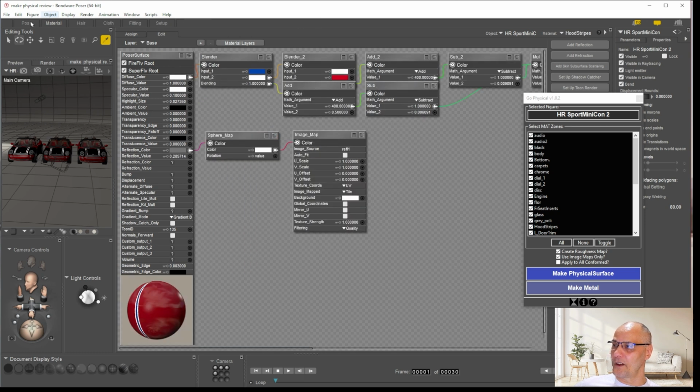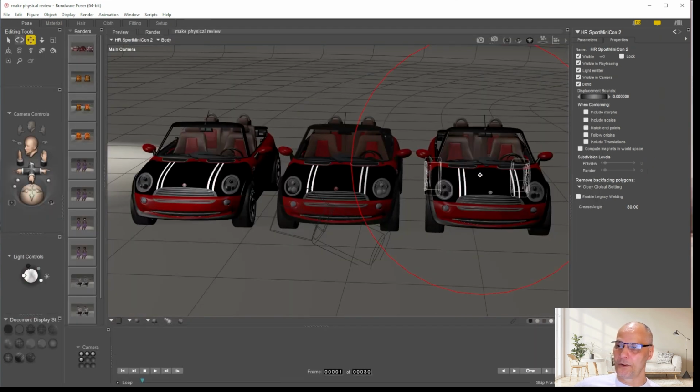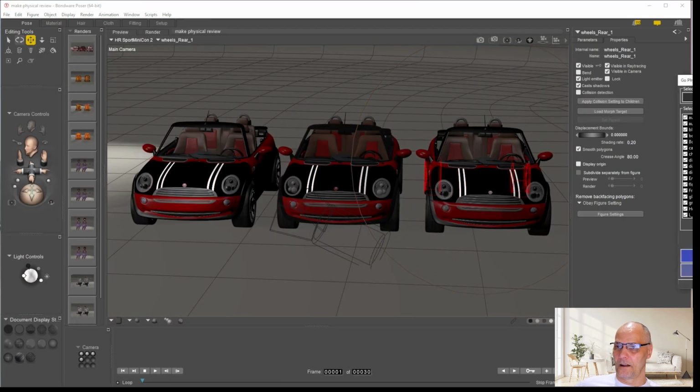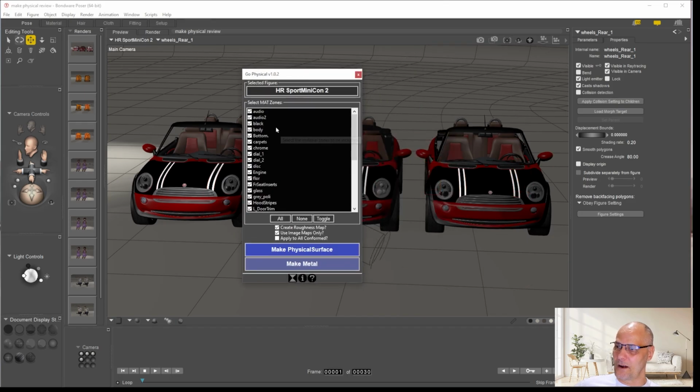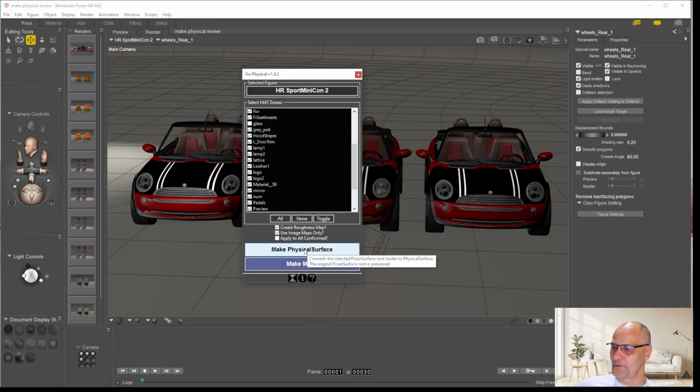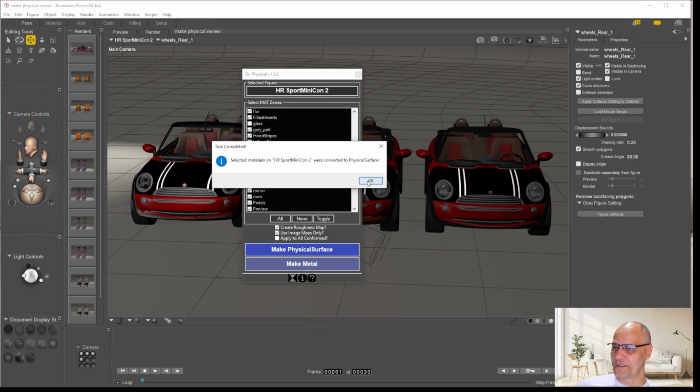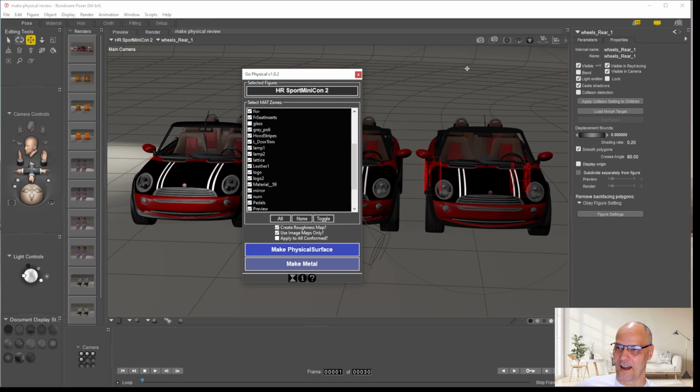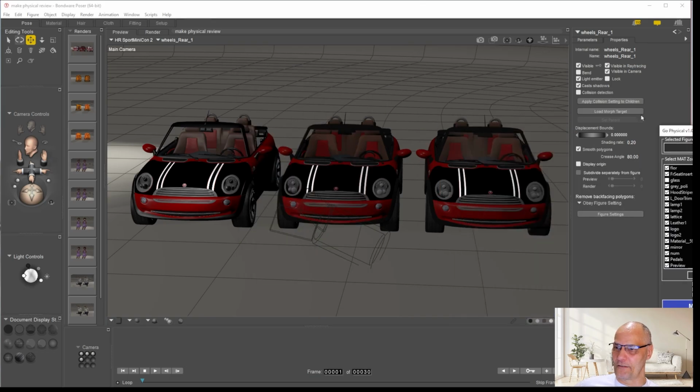But if we go to the last mini, you'll see the great thing is that here's the program again. What you can do is selectively choose not to include that. So I know that the windscreen and the glass here are both just this glass thing here. So I just simply ignore that from the conversion. And then I do make physical surface. And now when I render, they remain as Firefly,